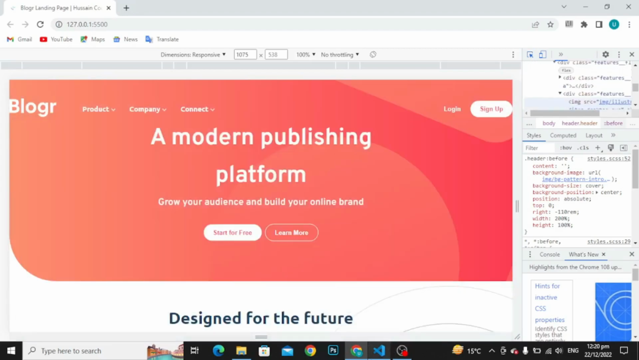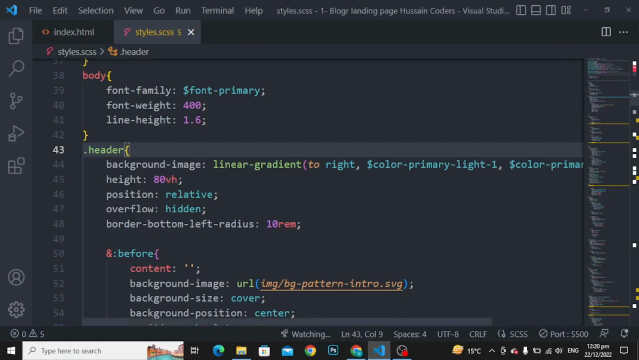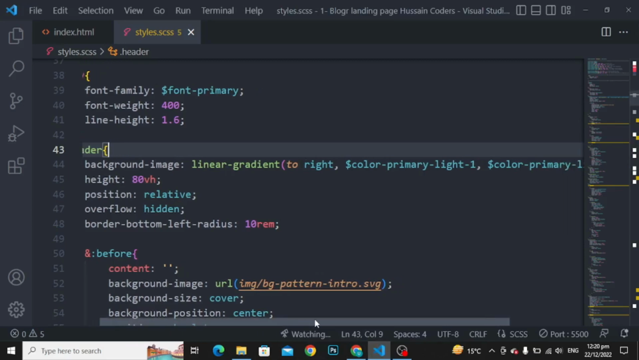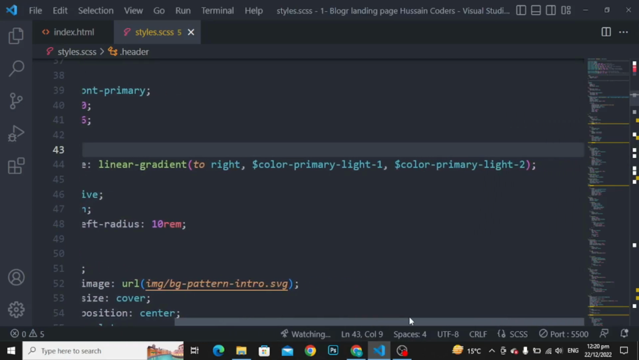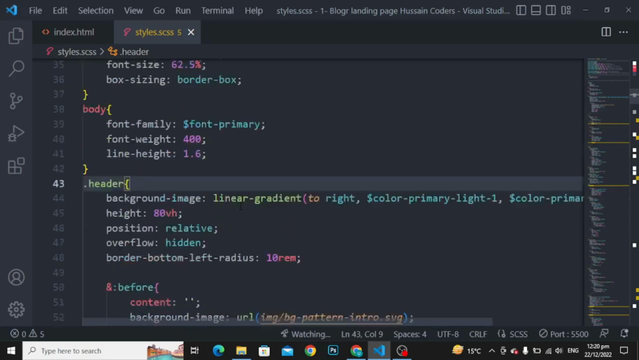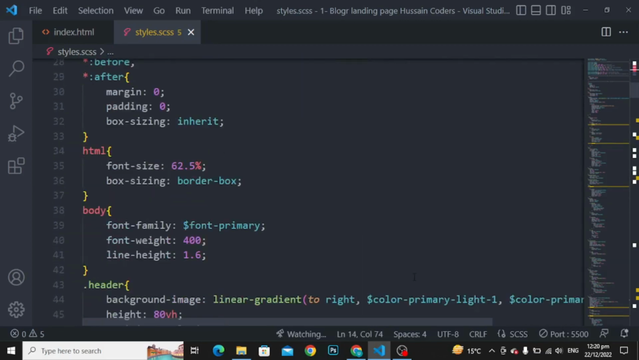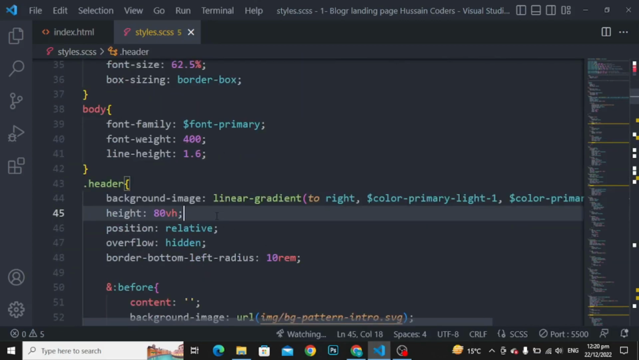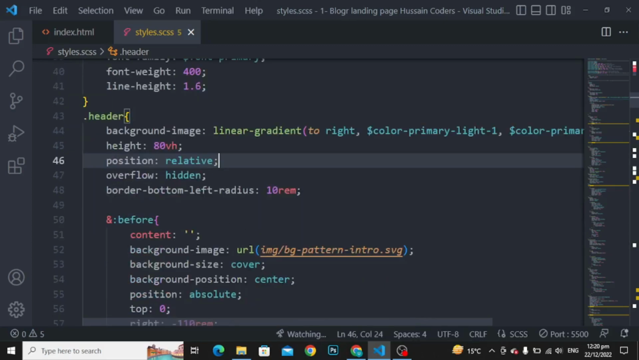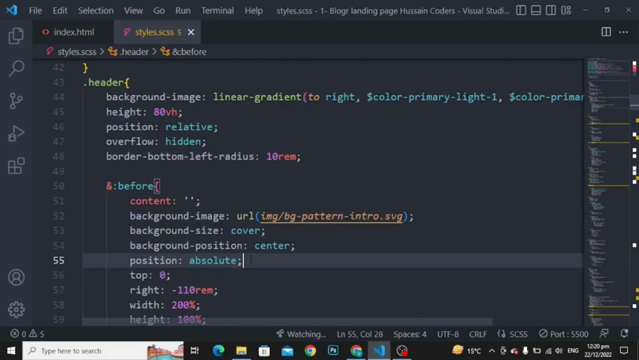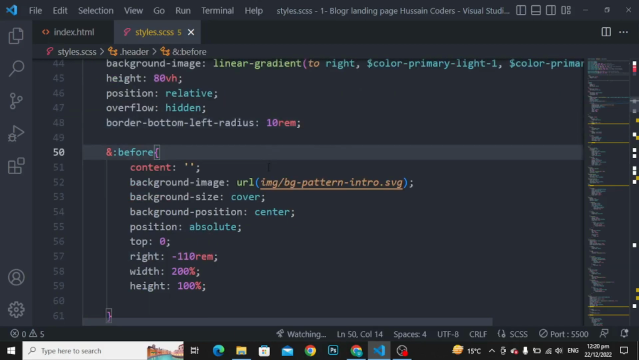Okay, for this image we have background image with the linear gradient to right, color primary light 1 to color primary light 2. As you can see, I have used the colors here, color primary light 1 and light 2. Okay, so height to 80 viewport height, position to relative, overflow. For this relative we used position absolute here, overflow to hidden, and border bottom left radius to 10 rem. Okay, and before content to